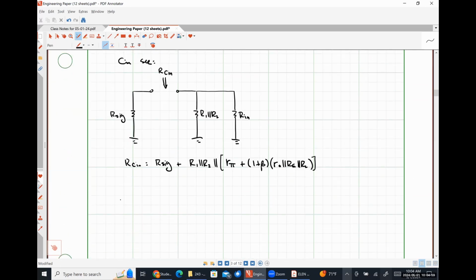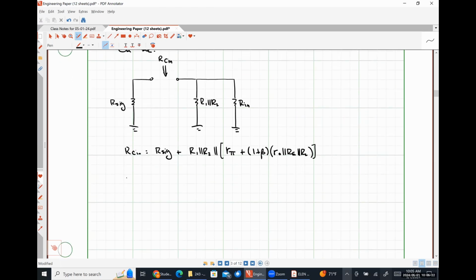So, okay, then. We've figured out what C in can see. The only thing that's even a little bit of a curveball is RL being in parallel with R naught, in parallel with RE. Everything else is exactly what we would expect from our simple DC analysis. Okay, so for C out,